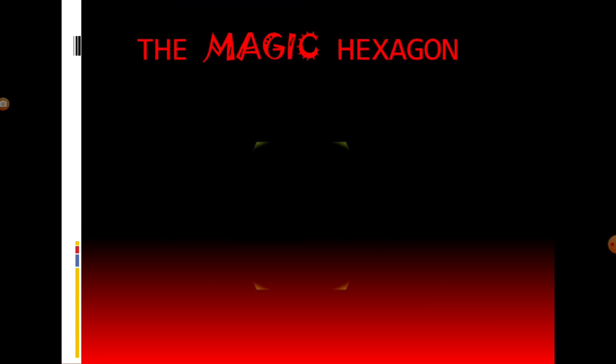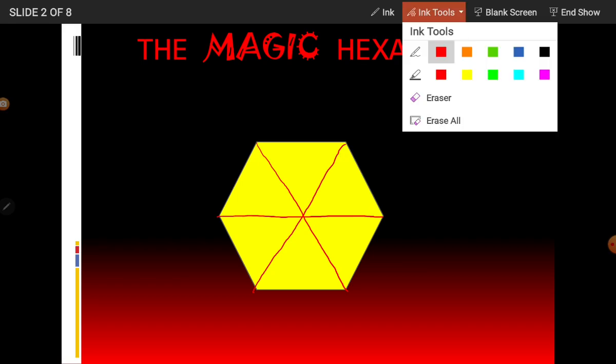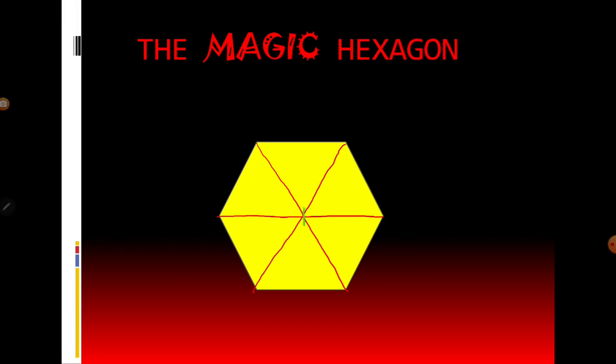What is magic hexagon? It looks like a very simple hexagon. The only thing is we have to join the opposite vertices. After joining these vertices we'll get three diagonals. Now I'm going to write 1 in the middle. So this is our simple hexagon. I have now three diagonals and I write 1 in the middle. Now we have to write some functions at each corner. We have 6 corners, so we have to write 6 functions, and 1 in the middle, and we have 3 diagonals.